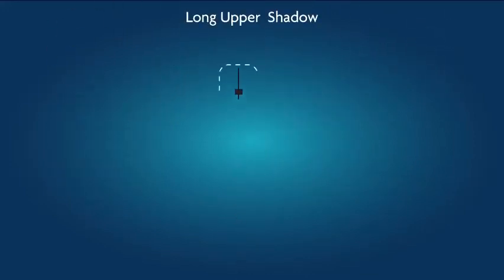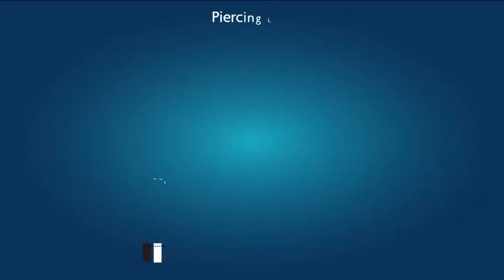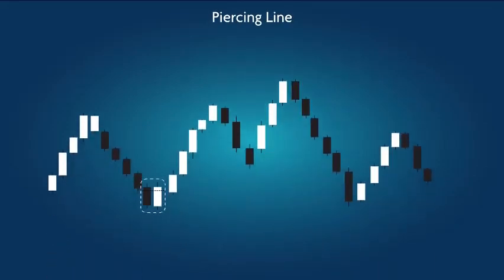Long upper shadow, a bearish pattern. Its movement peaks with a candle having a long topping tail, followed by a black candle dropping at least halfway below the body of the clear candle preceding the topping tail candle. Piercing line, a bullish pattern. After a black wide range candle, a clear candle follows and penetrates beyond the halfway point of the black candle's